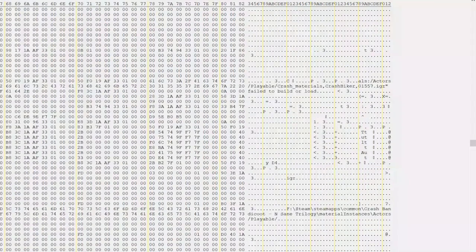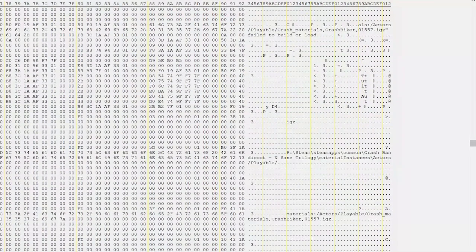Underneath this error message is a file path. F, Steam, Steam Apps, Common, blah blah blah. Now, that Insane Trilogy folder is the location where my game is installed, on the F drive, but that Material Instances folder doesn't exist. And I assumed, when I first saw this, that it was just different error messages scrambled together, especially because of the mismatch of back and forward slashes. It's not uncommon to see garbled messages like that when you look through the game's memory,